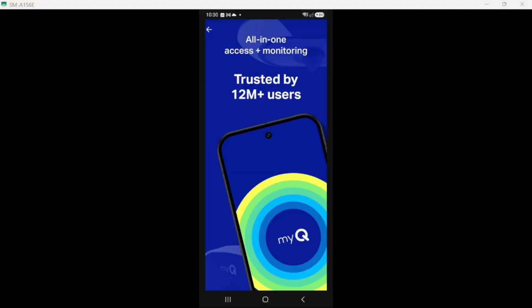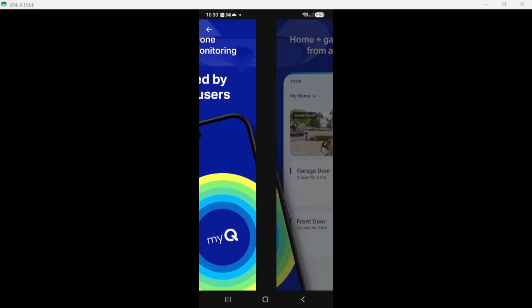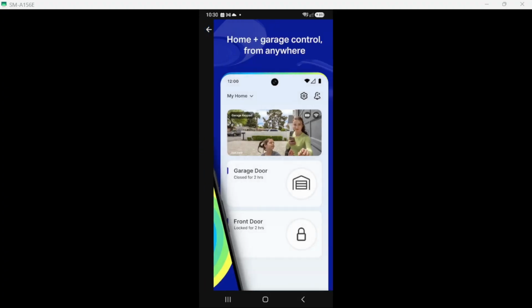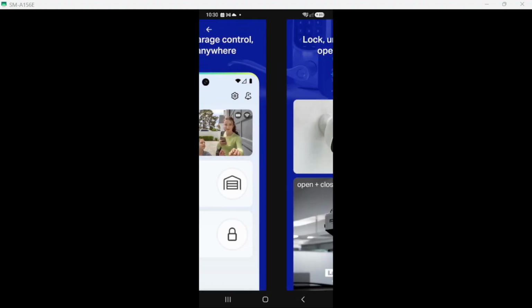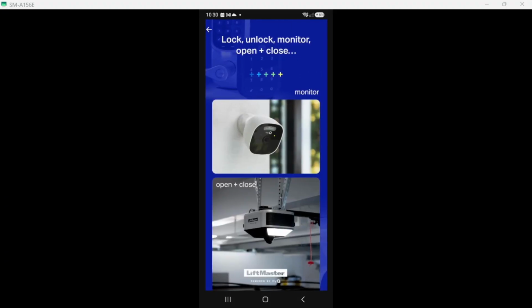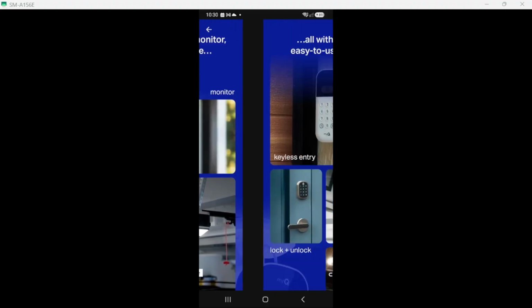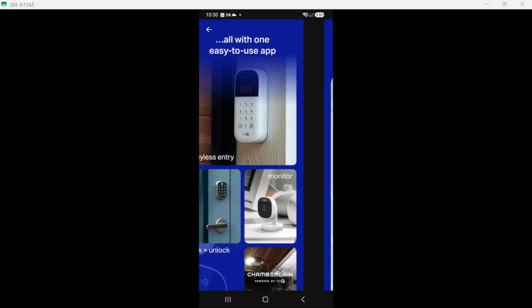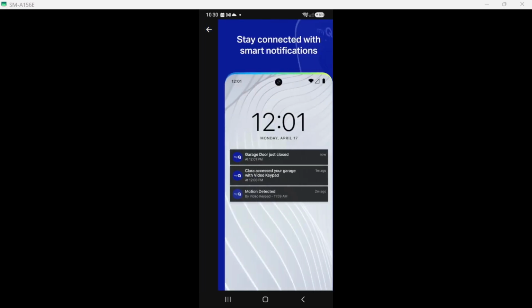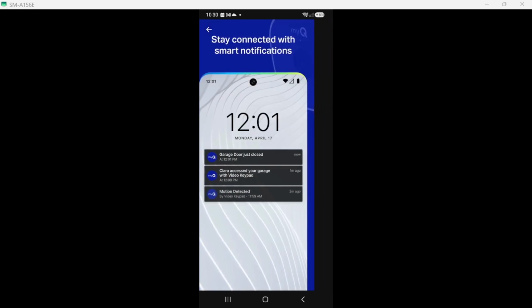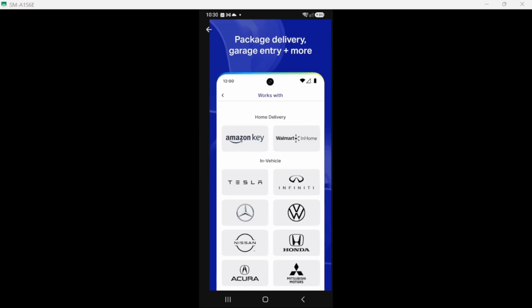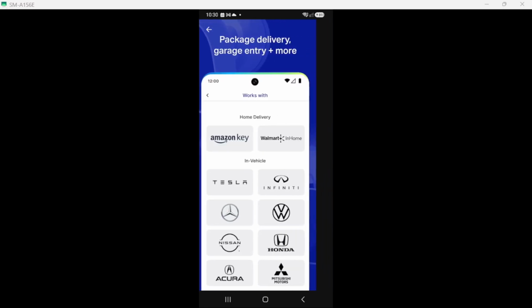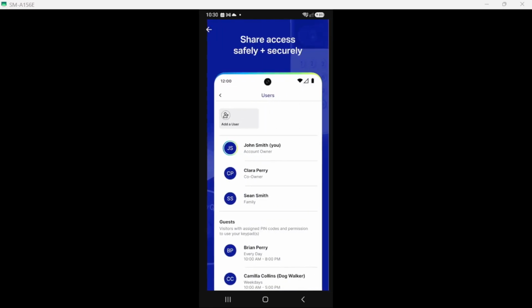Finally, follow the on-screen steps to add your garage door opener or smart device. The app will guide you through the setup, often requiring you to press certain buttons on your opener. By completing this process, you integrate all your devices into the MyQ app, allowing for seamless control. Once set up, you will enjoy the convenience of managing your garage door from your smartphone. This final step is what transforms your experience, making it easier and more efficient to handle garage access.